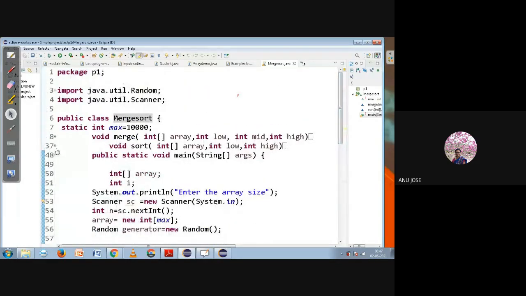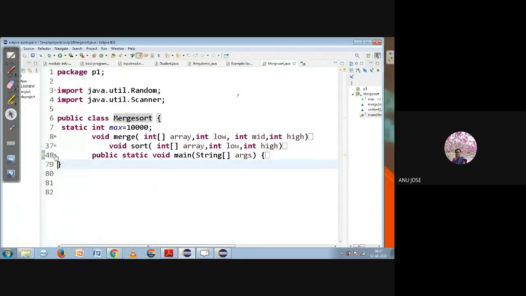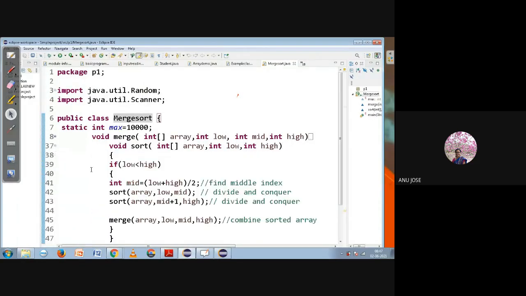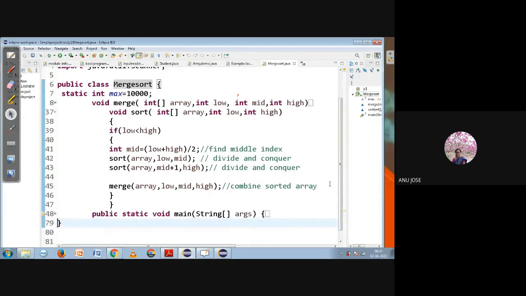We'll see what is the code we have written in the sort. Okay. So the control will be coming into the sort function. You can see here this is a sort, and array and lower index and upper index are coming. So it is checking a condition, if low lesser than high. What does it indicate?